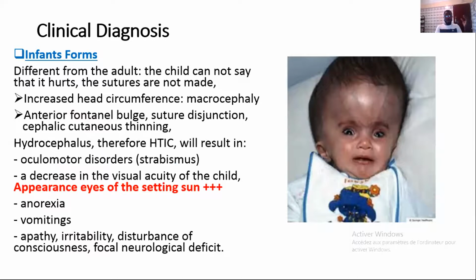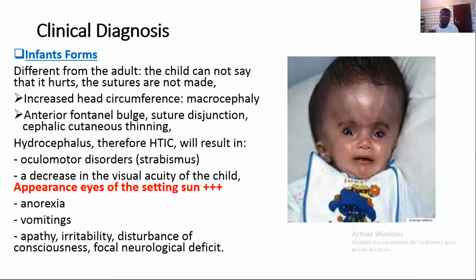I will go ahead with clinical diagnosis, and I will talk about different forms of hydrocephalus. We have infant forms, which are different from the adult form. The child cannot say that it hurts because it is a child. The sutures are not closed yet. Increased head circumference, like macrocephaly, can occur. Anterior fontanel bulge, suture disjunction, cutaneous thinning, and hydrocephalus therefore increased